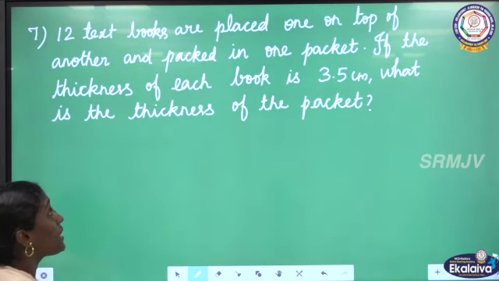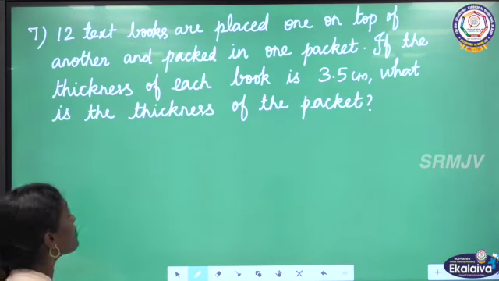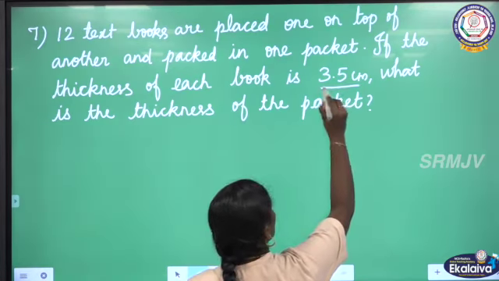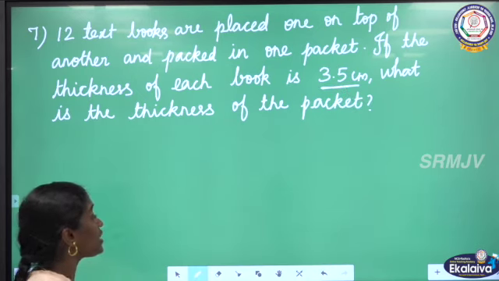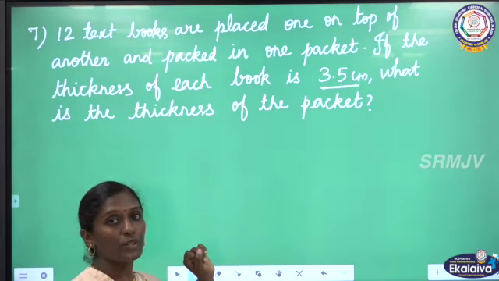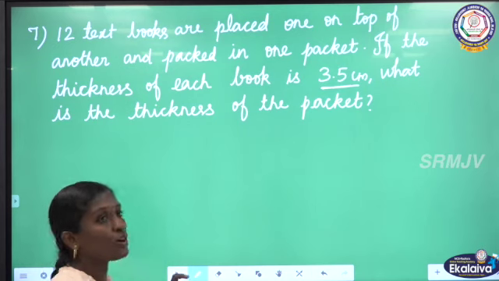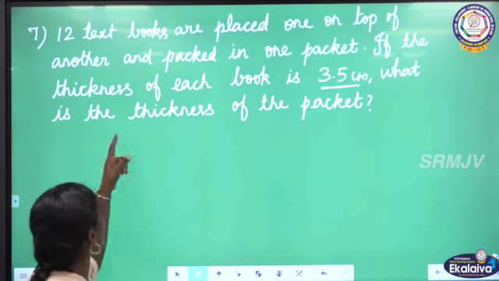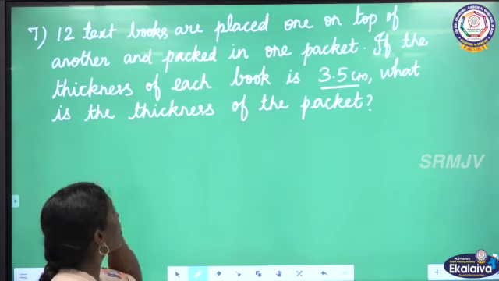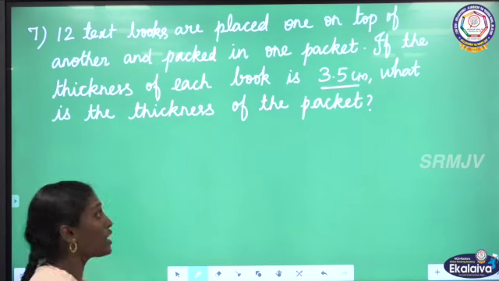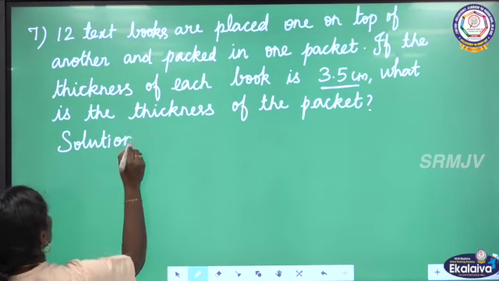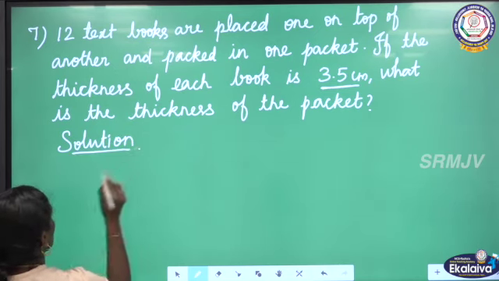12 textbooks are placed one on the top of another and packed in one packet. If the thickness of each book, that is the thickness of one book, is 3.5 centimeter, what is the thickness of the packet? To find the thickness of the packet, we are going to find the thickness of 12 textbooks, because 12 textbooks together make a packet. So the thickness of 12 textbooks is equal to the thickness of the packet. From the thickness of one book, we are going to find the thickness of 12 textbooks. Solution: